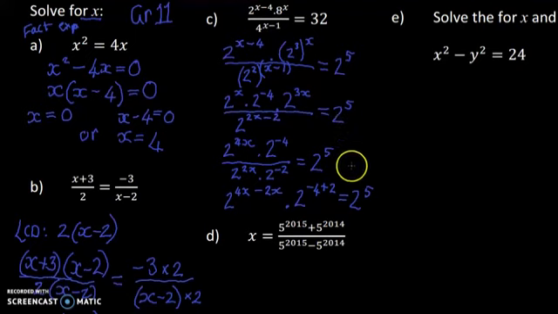And I know I'm running out of space here, so let's just do it over here and we'll shift over just now. So now I have 2 to the power of 2x times